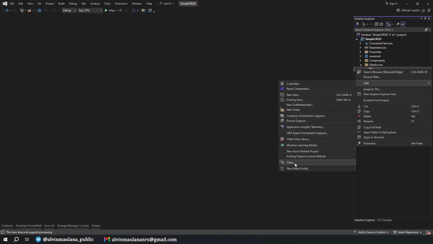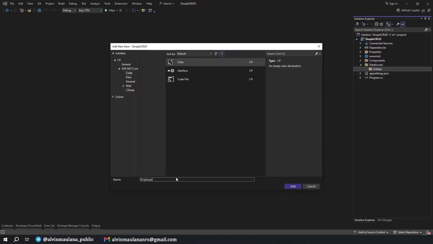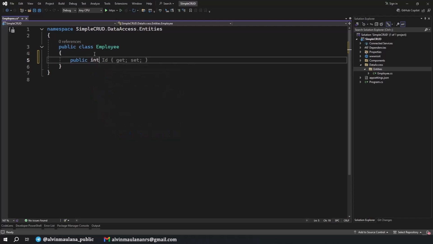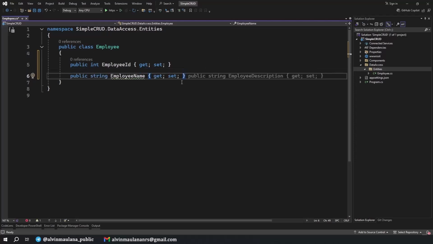And then I add a new class. I name it Employee. Okay, I zoom a bit. What we will have here is a public int EmployeeId get set, and then employee name. I think this is autocompleted by Visual Studio, but I prefer FullName.